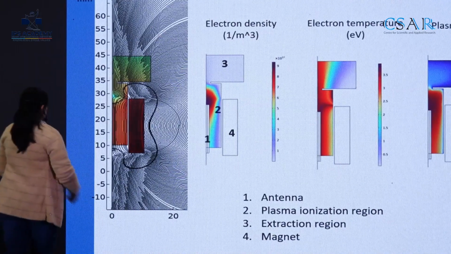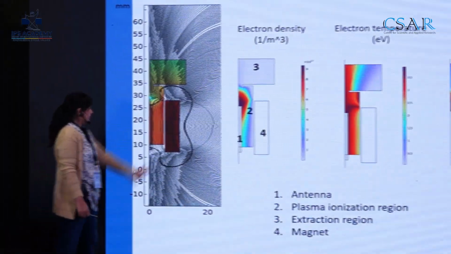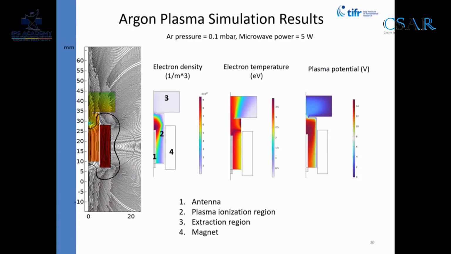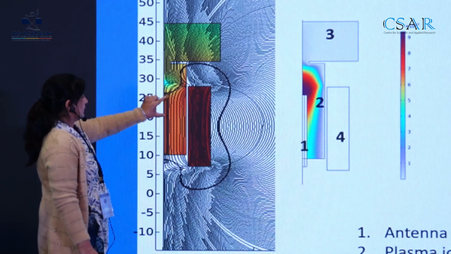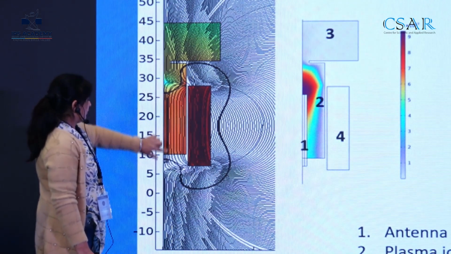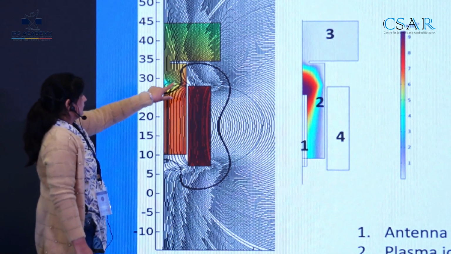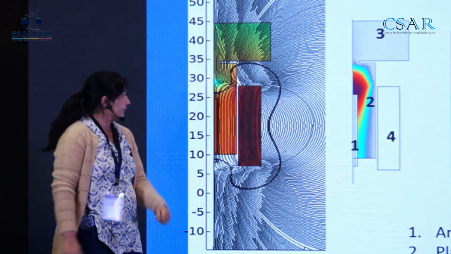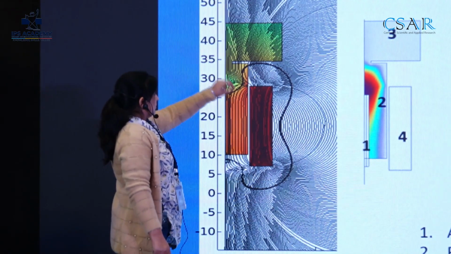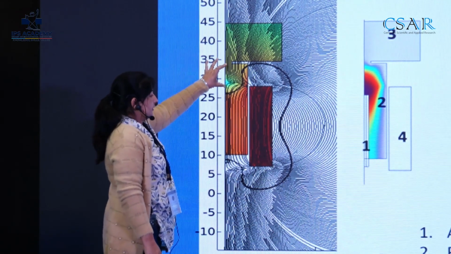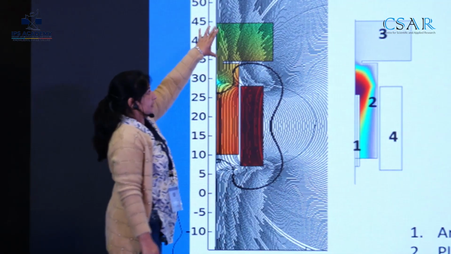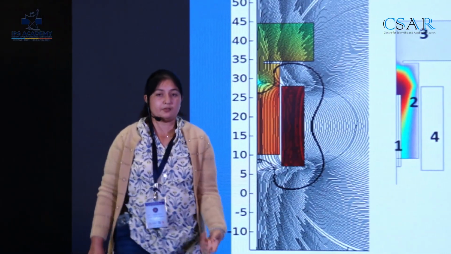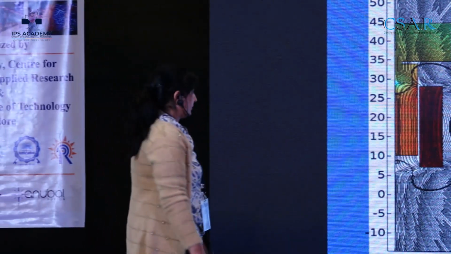Here I am showing the 2D axisymmetric system, the magnet, and the plasma. We see that this dark black line is the ECR zone, which is just in front of the antenna. The antenna is approaching up to here, from here to here. And then these magnetic field lines form a separatrix here, and then they diverge away. This region is the plasma formation region, which we call the ionization region, and this is the extraction region. And then here it is connected to any process chamber for milling or for deposition purposes.